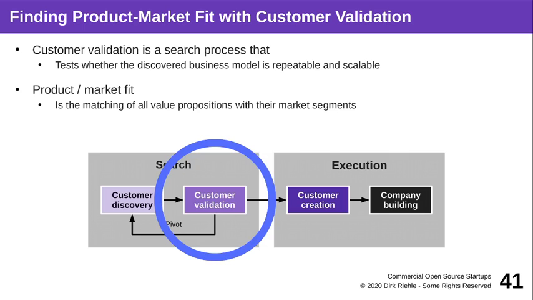So in problem solution fit, we were looking at individual value propositions and how customers and market segments respond to that. Now, this is the first stage of the search process, and once you think you found some value proposition that accurately reflects a customer or a user need or want, you move on to turn this into a more comprehensive product. Have multiple parallel, related but still different value propositions that help you structure the overall market better into market